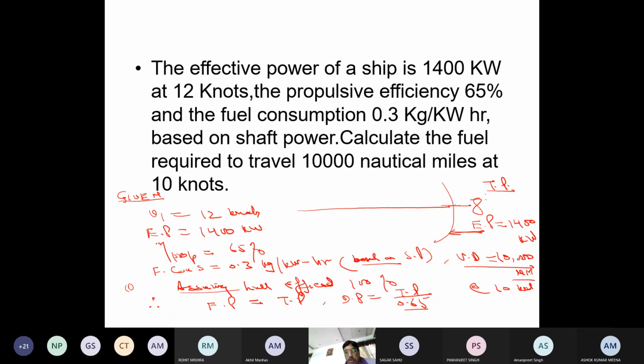So I will say thrust power 1400 divided by 0.65 is the delivered power in kilowatt. कितना आया? 2153.85 किलोवाट। तो ये आ गई मेरी डिलीवर्ड पावर।